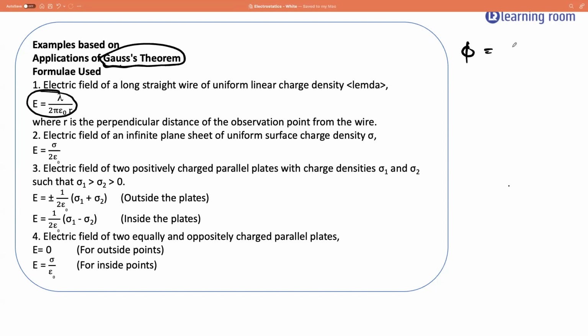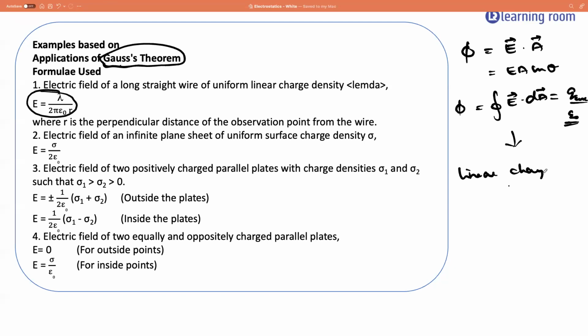So we discussed the concept of flux, which was E vector dot A vector or EA cos theta. Then we discussed the concept of Gauss law. What did Gauss law say? Flux is equal to the surface integral of E vector dot dA vector, which is also equal to the charge enclosed divided by epsilon naught. So based on Gauss law, we have three applications. What are they? Finding the electric field due to a